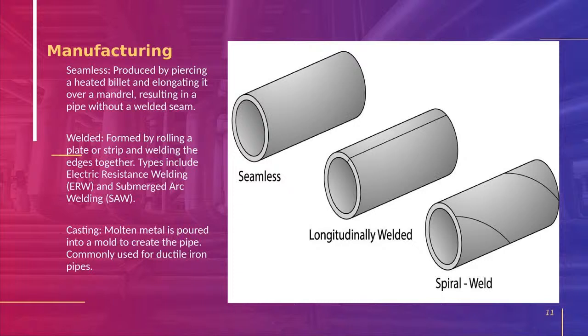The second one you are seeing is the longitudinally welded pipe, that is a seam pipe. It will be used for low critical pipelines like air lines, water lines, utility lines, sewage pipelines. For these pipes, we will be using welded pipes. And the last one is also a welded pipe, that is a spiral weld. That is mostly used for the higher pipe sizes like 16 inch, 18 inch, 20 inch. We will be using these spiral welded pipes. Cast iron means casting, nothing but cast iron pipes. That also we will be seeing in an upcoming module. Next one, Soumya.